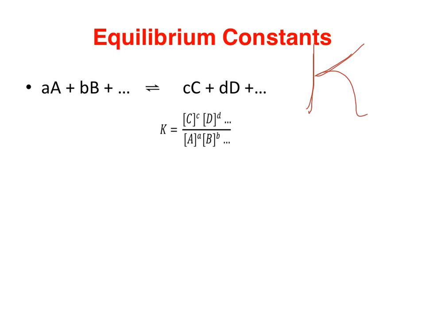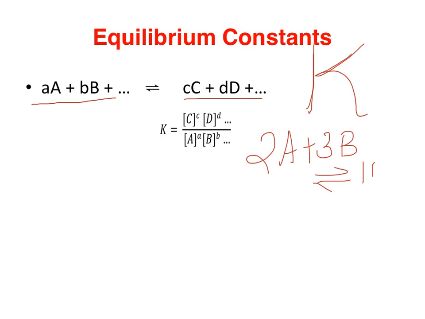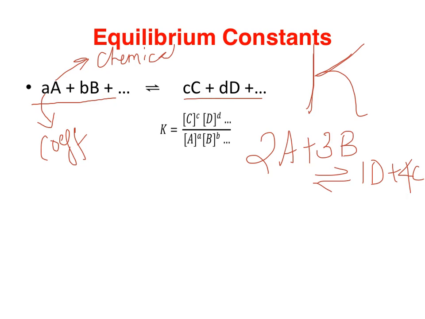If we have a reaction that looks like this, aA + bB gives rise to cC + dD, or for example 2A plus 3B in equilibrium with 1D and 4C, something like this. So these small case letters are coefficients and capital letters are chemicals. Then your equilibrium constant, let's say for this case, we'll call it Kc, because we are